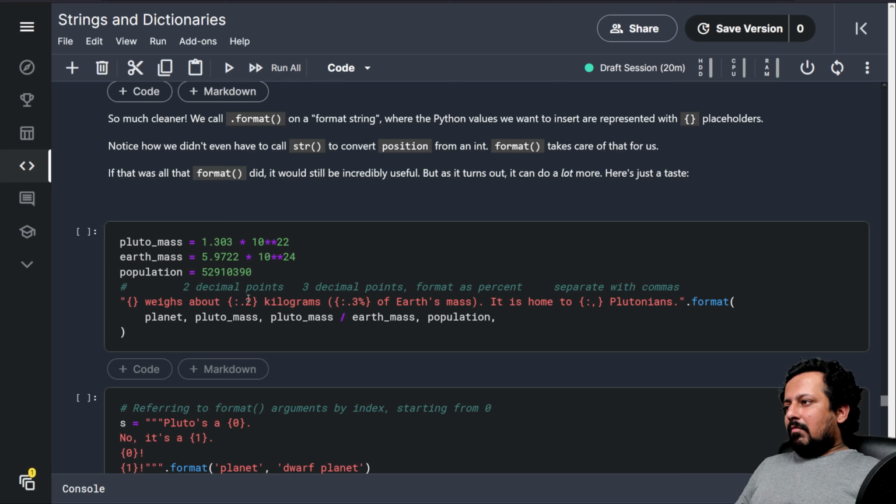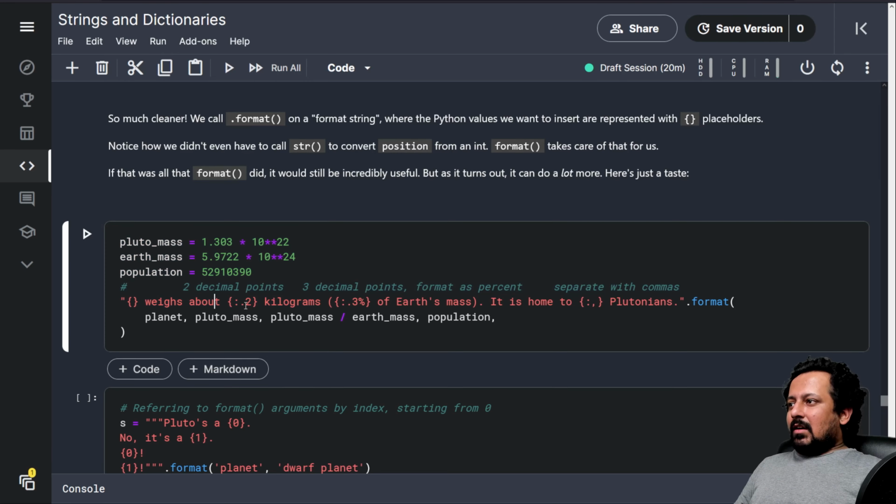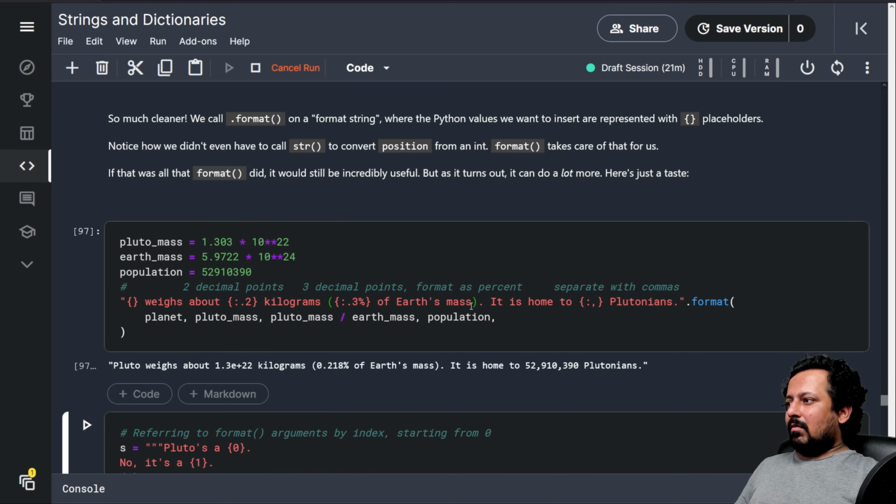there are many other things that you can do with dot format. Inside these placeholders, if you add colon .2, it's going to display only the first 2 decimal points. Then this represents 3 decimal points, and here you can separate with commas. So let's see.